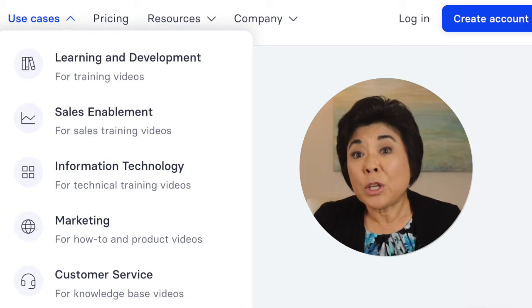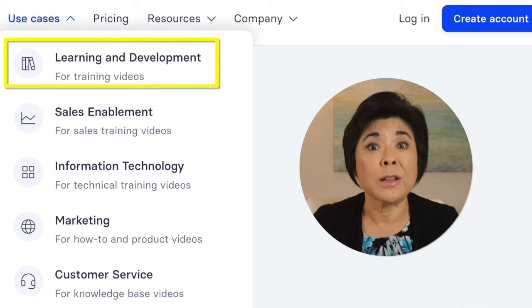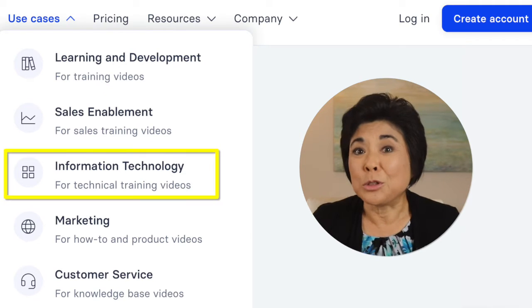Synthesia avatars look almost human, and they're becoming more human-like all the time. Their avatars have come a long way since the company first began creating them back in 2018. You can use these avatars for a wide variety of use cases, including learning and development, sales enablement, technical training,